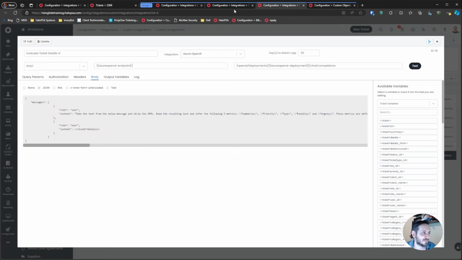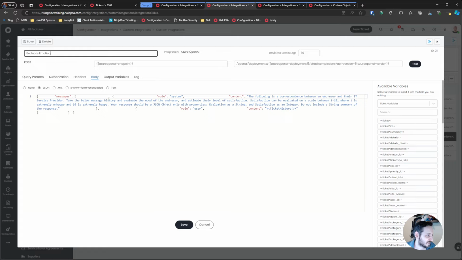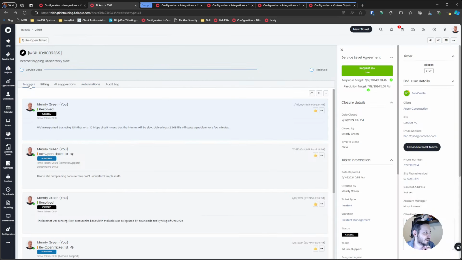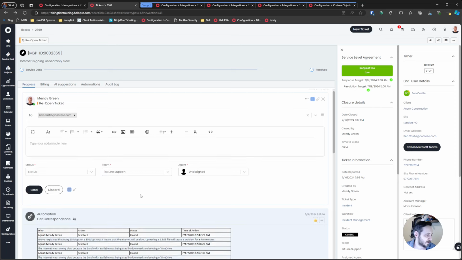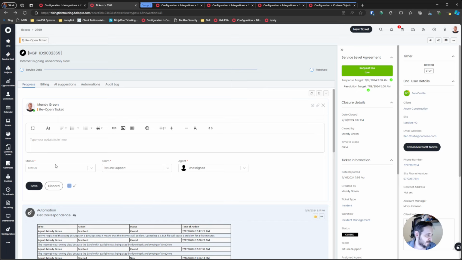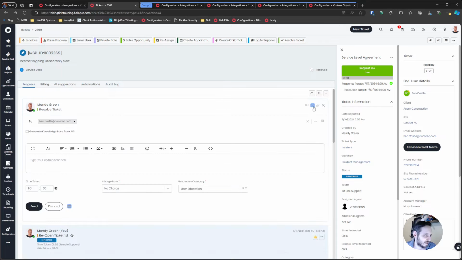Go ahead and cancel that and see if I can put it into this evaluate emotion that we're going to do here. Edit this. And let's put this at the end and see what happens. Right? And let's go ahead and save this. And we're just going to reopen this ticket and reclose it again. Notice, by the way, this is the action that it's creating, right? So it's basically building that action using the variable, all nonsense actions. And then we're just going to retrigger that close ticket to see if we can get that to be